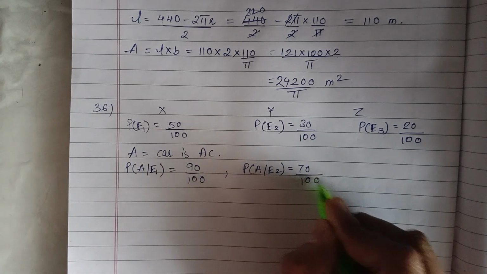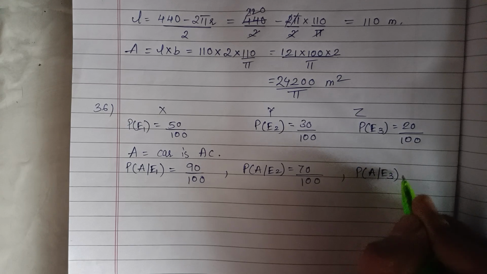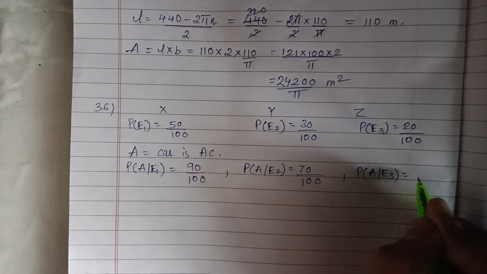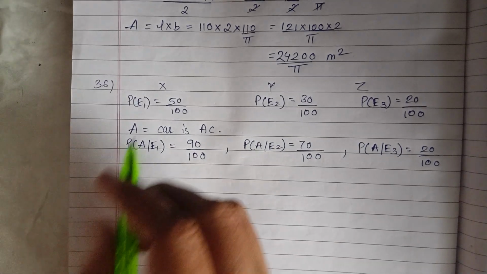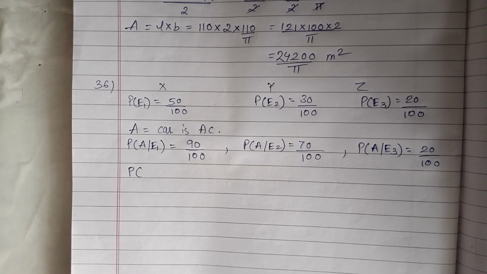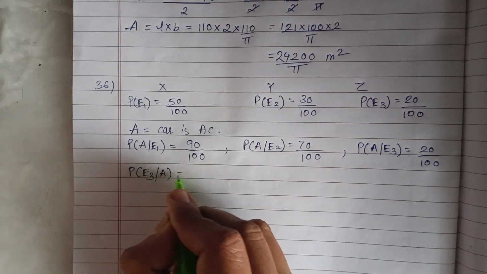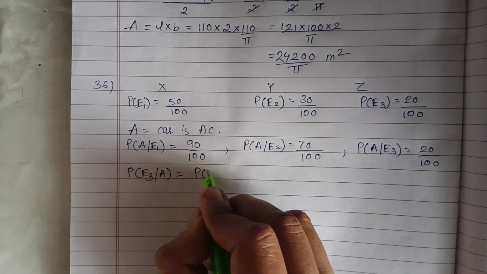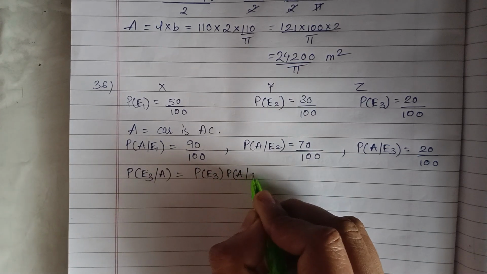70 and 20. Now we have to find the probability that the rental car is from agency Z. So E3 over A. So using Bayes theorem,